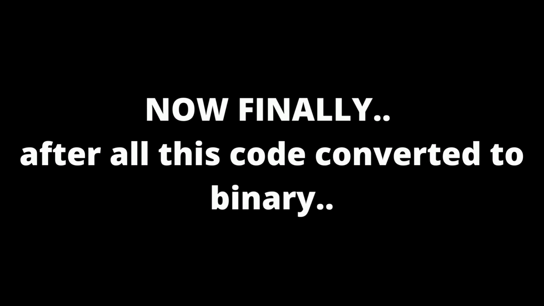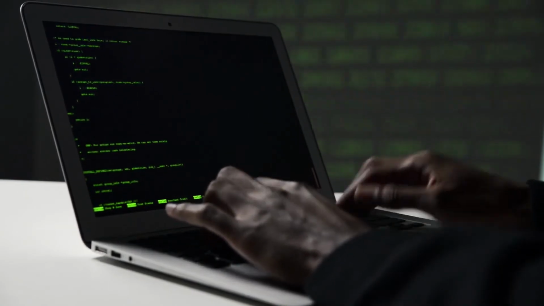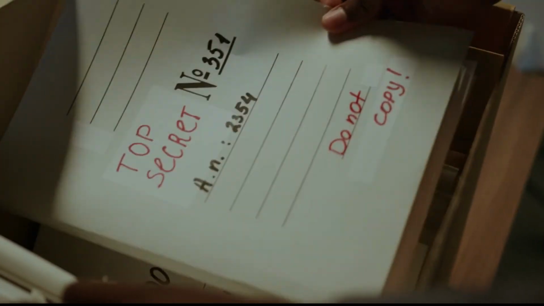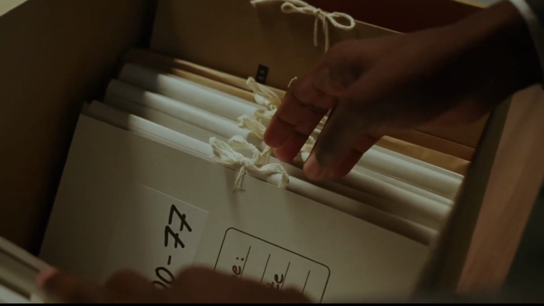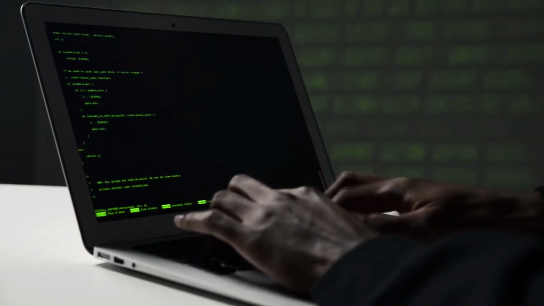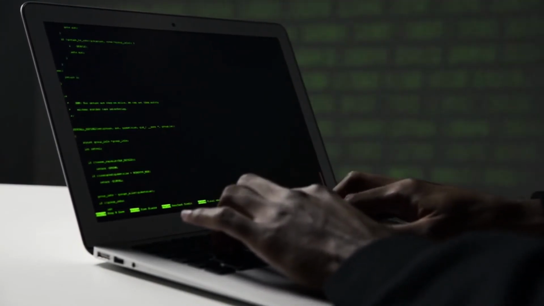Game over, right? Wrong. We still have compiled our way till now with our libraries existing in separate files, as most of us tend to segregate code. So in this step, that is linking, these files are combined together and one code file is formed. Now the code is ready to be executed and read by the computer to glory. And that's how C and other compiled programming languages run code.